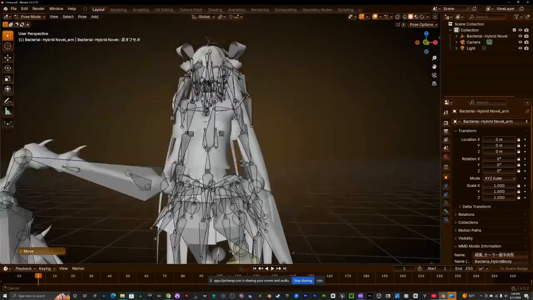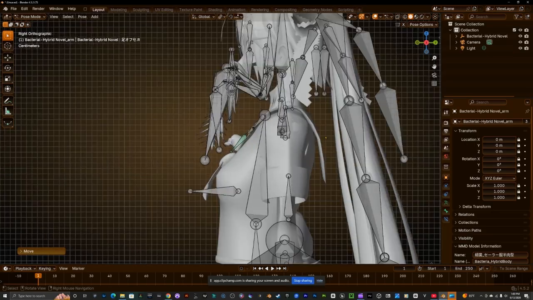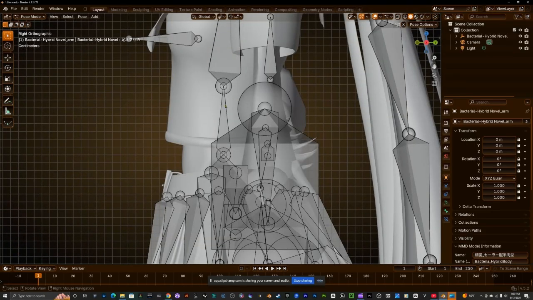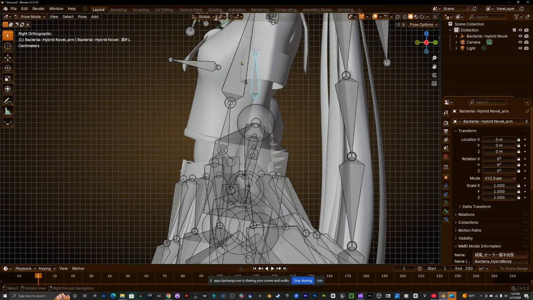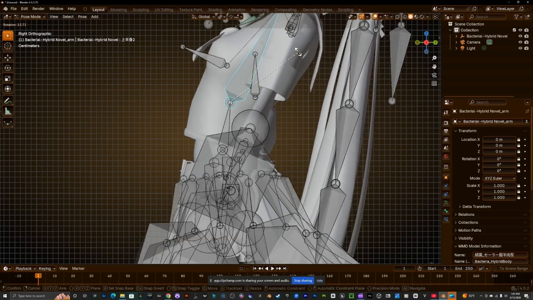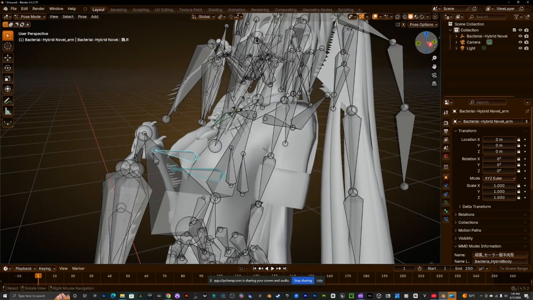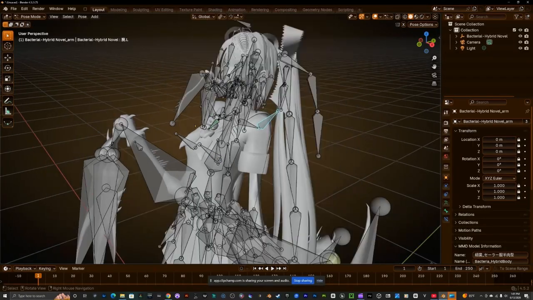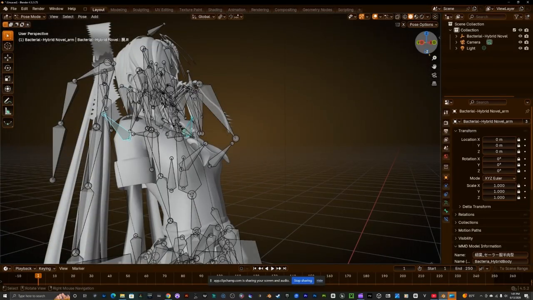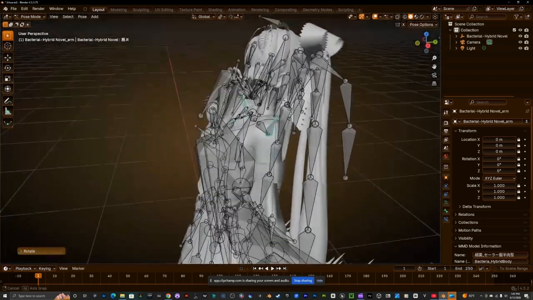Okay, now that we got the limbs posed, we're gonna go ahead and start posing the torso. Select this bone over here, R to rotate, here to rotate the upper torso, here to rotate the chest, not to say the other word for it, because YouTube is gonna get mad at me. Move the arms like this,